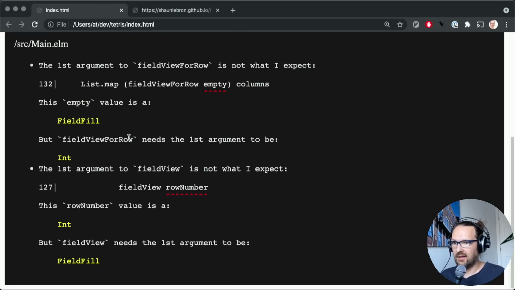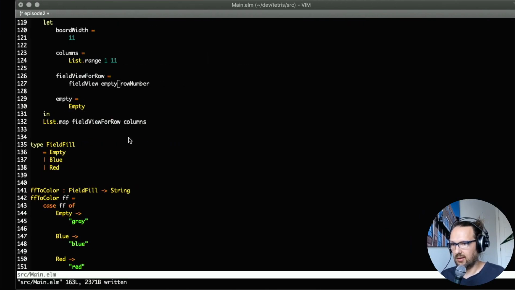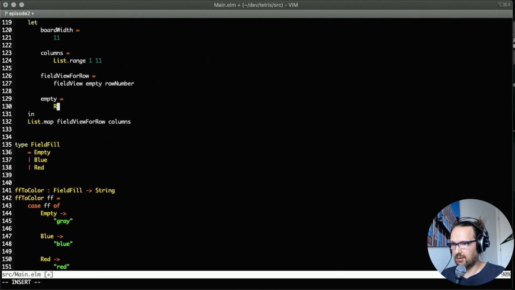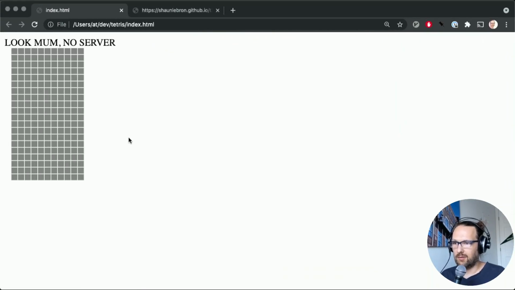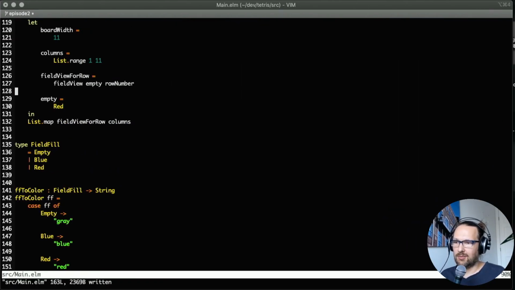So does it compile again? Yes, wonderful. And we could also, instead of empty, just say red. And now the whole field should be red. Bingo. Okay, now also something that might be weird to you is that I'm defining empty after using it here,